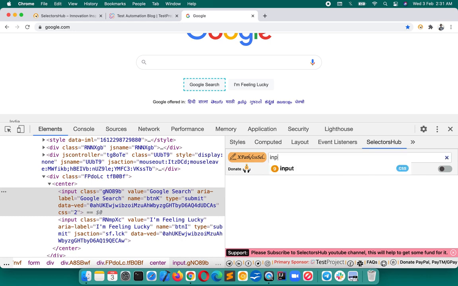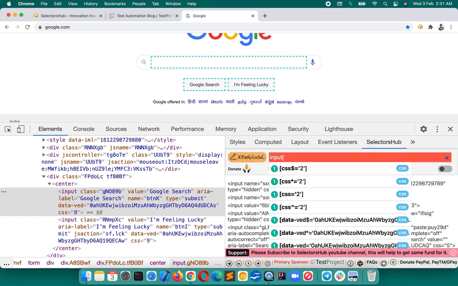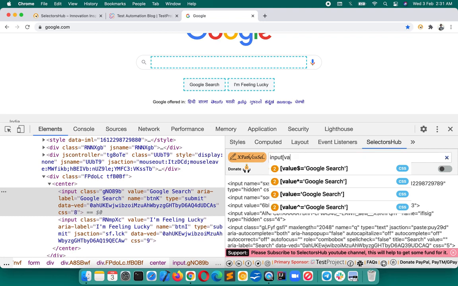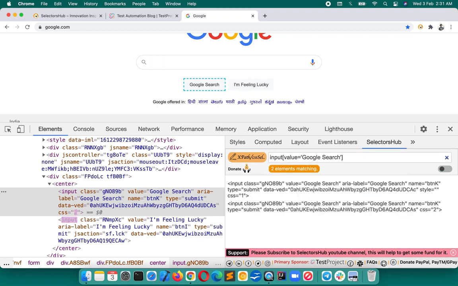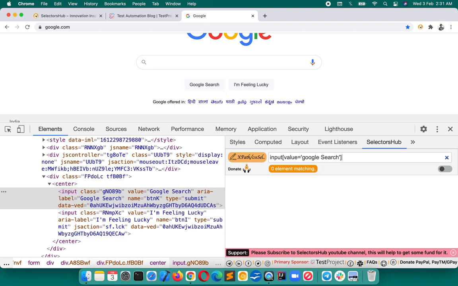How can we make it ignore the cases? We want to write a CSS selector so that if somebody makes a mistake while writing and makes it like this, then in that case also it should work. Or let's say we never want to use uppercase or lowercase, we want to write everything in small case.